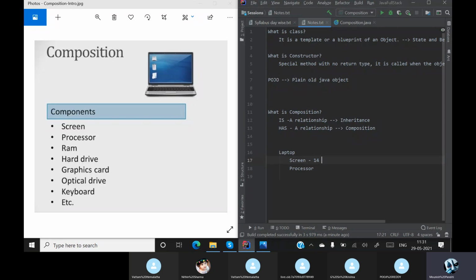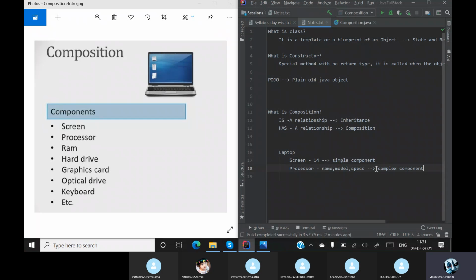So here, if you see, this is a simple component. When I come to processor, again a processor has a name, it has a model, it has some other specifications. I'll put it as specs. In screen there is only one value, the value of the screen size, so it is a simple component. But when you come to a processor, it has many things, so this is not a simple component. You call it a complex component.